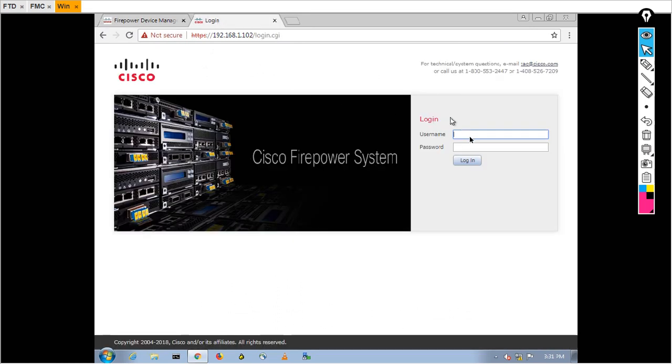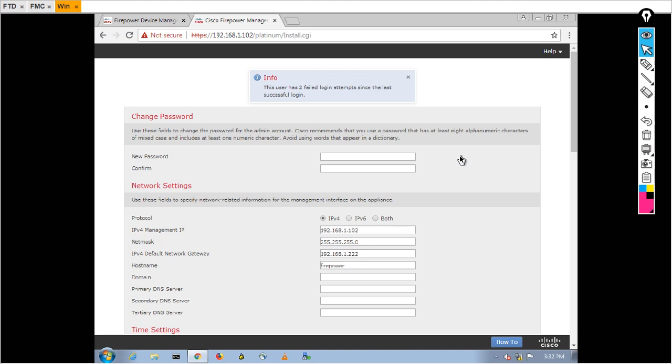So come to the FMC. My username is admin and the password is admin123 with a capital. Login. So I got this GUI access.